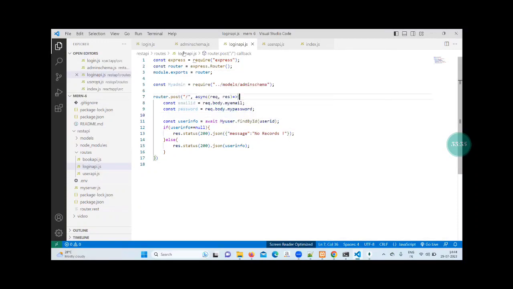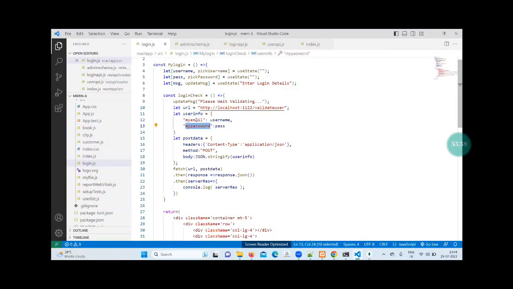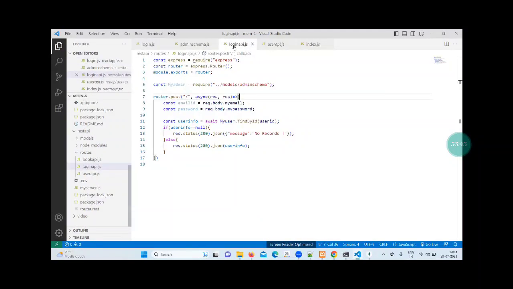Okay, so what we did, you can see in the front end. In the front end login, from here you are sending the username of the user in my email and the password in my password. Next, under the login API,